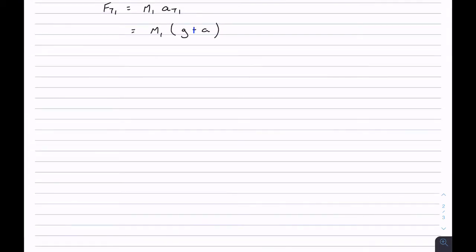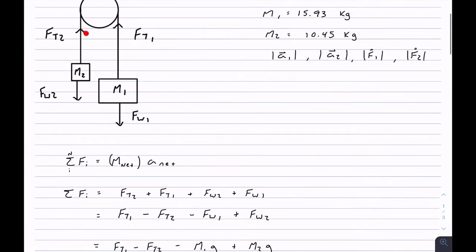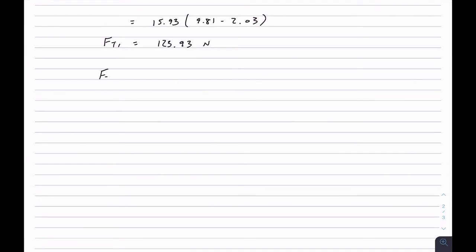And then we can plug the values in here. So this gives us 15.93 times (9.81 minus 2.03). That gives us a value of 123.93. Okay, this is going to be newtons because this is Ft1. Okay, so then we can solve for Ft2 using the same method. This is negative and this is positive. Taking a quick look at this, Ft2 is equal to